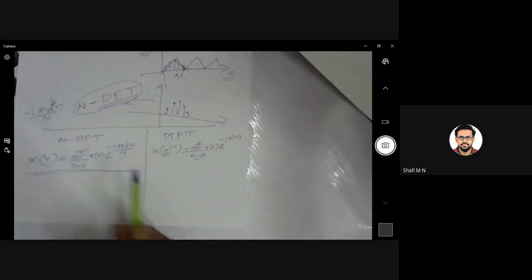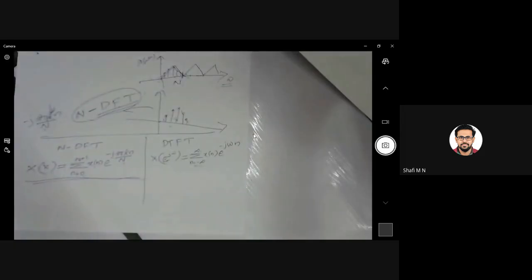So let's try one example. Are you noting the equation? Please note it in your notebook. Why did the limit 0 to n minus 1 come? Okay, the reason for the limit being 0 to n minus 1,